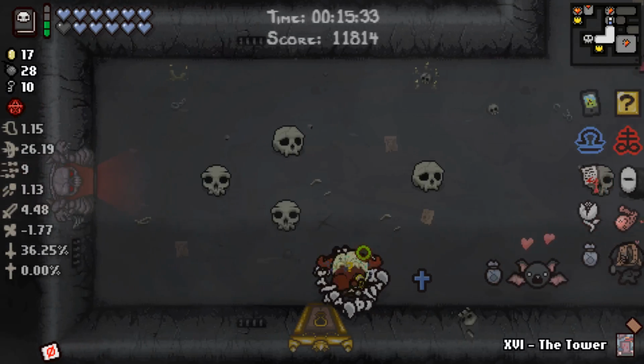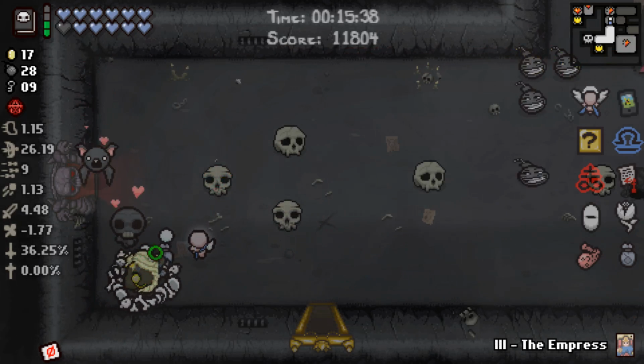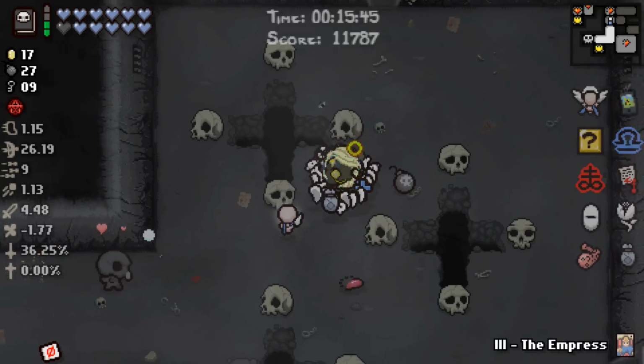Okay, so I think this is our item room. I mean, I know it's our item room. We're going to take Seraphim, and I'm going to try to get maybe a teleport card. We got 28 bombs. I know we could go back to the shop, and you could always get something good from the shop, but...